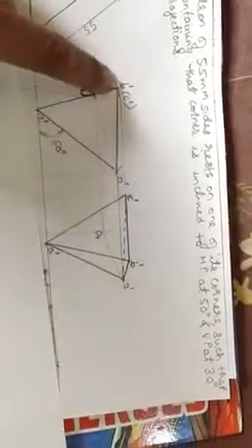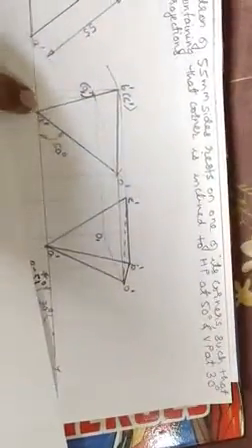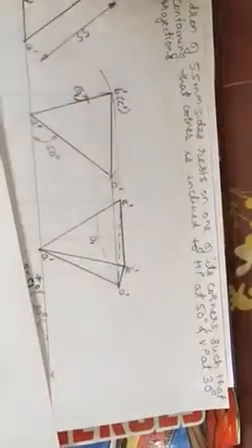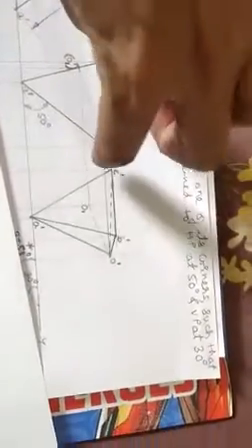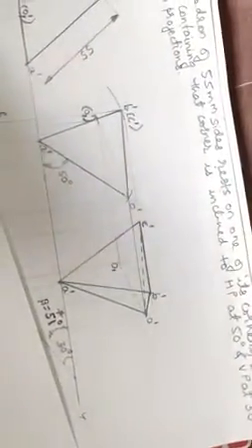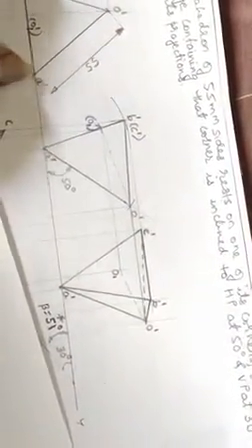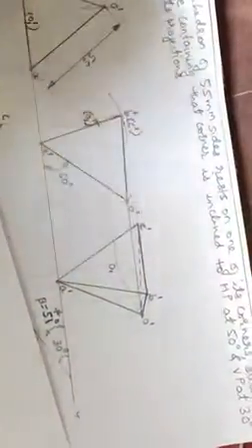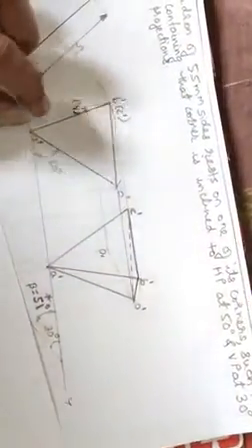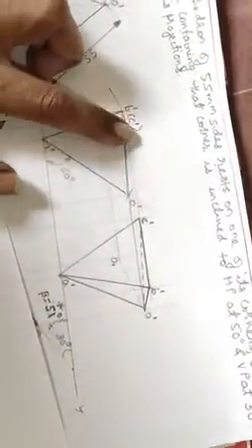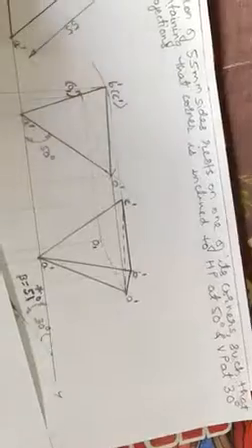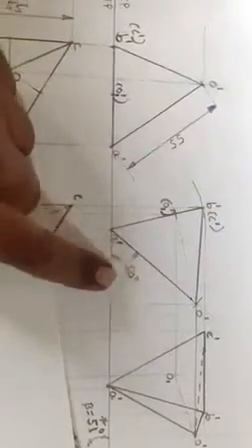Same figure I am drawing at 50 degrees now. Okay. So how to get B dash C dash? You know O dash, you know A dash. So you measure A dash B dash here, draw an arc. So you measure O dash B dash, from O dash you draw an arc. Wherever they intersect, that corner is B dash. Okay. So what you have done? From A dash you have taken this much length, you have drawn an arc. From O dash you have taken this much length, you have drawn an arc. So wherever they intersect, you get point B dash C dash. Same triangle, same to same, you have drawn at 50 degrees now. You have drawn such that the line A dash B dash is at 50 degrees.